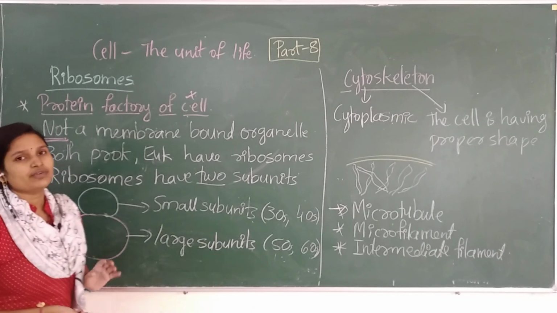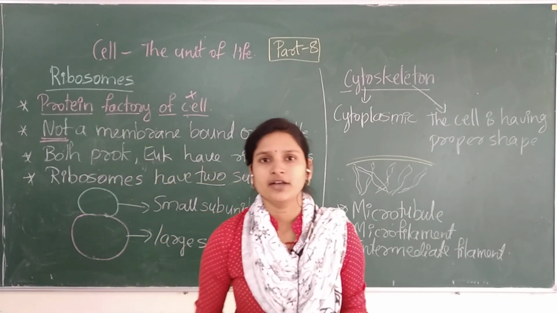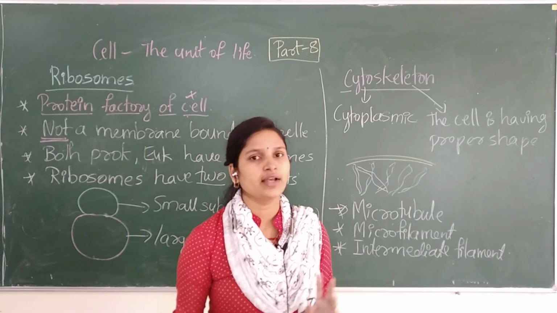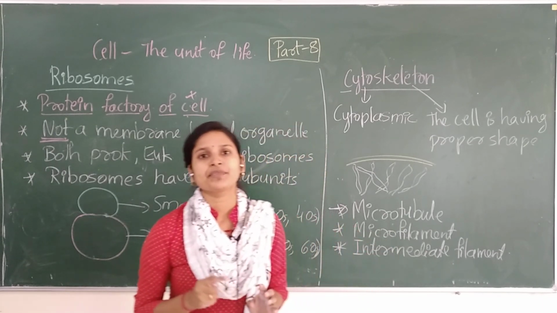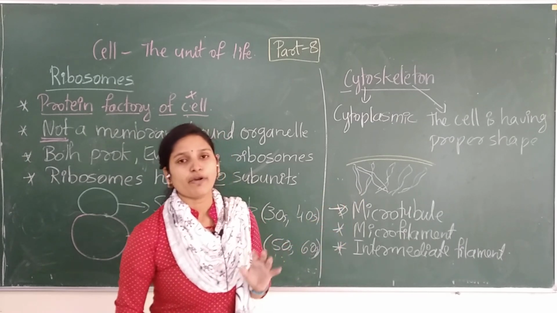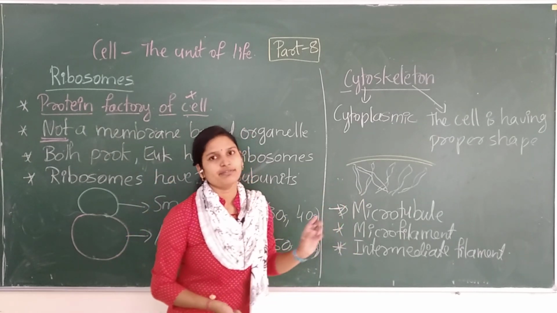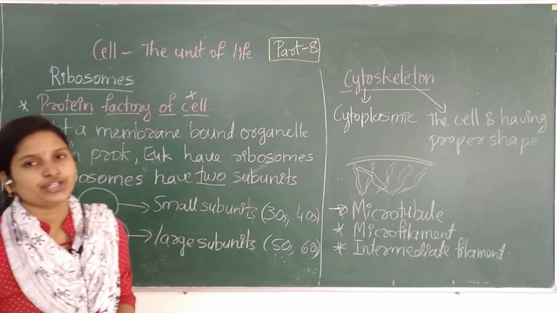So today we have dealt with the first organelle, plastids, very important. Next we studied ribosomes, that is also very important, and then we studied the small part present in the cell, the cytoskeleton, which provides the proper shape, mobility and mechanical support to the cell. Okay, we have finished these three things in today's session.